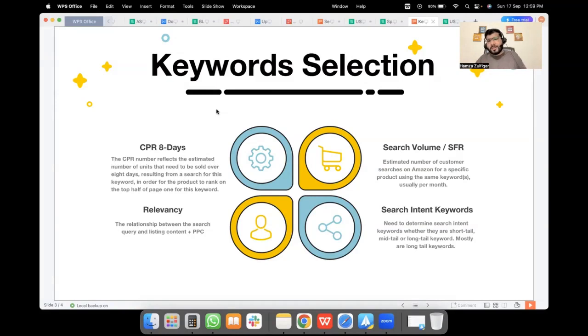So try to have a mixture of super relevant, search intent, and broad keywords. At the start of the launch, when the niche is competitive, try to select the super search intent keywords. Then comes search volume, then comes relevancy. Try to have relevancy between the search query, listing content, and PPC. And the CPR radius, as I have explained already, helps a lot in selecting the keyword. So this is it for selecting the keywords, and I'm going to move forward toward my